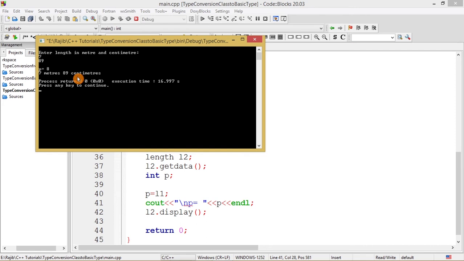And how it is implemented, I have explained the entire process line by line along with the concept behind it. I hope it is clear to you friends, the concept of type conversion from class to basic data type in C++.